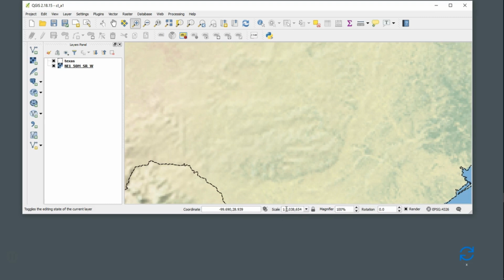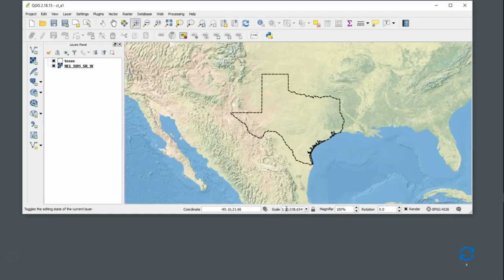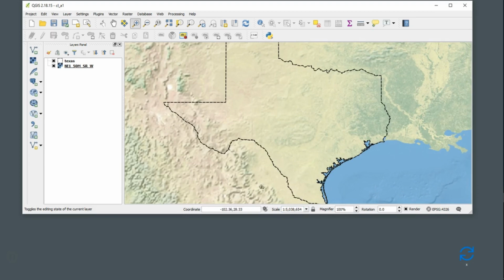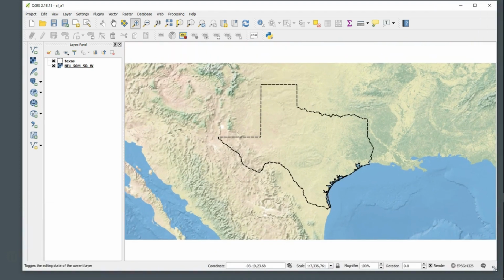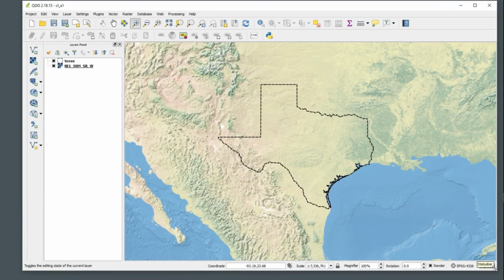So as a compromise, I suggest you make your maps for the states between, say, 10 million and 20 million is probably about right. You could bring it down even to maybe, let's try 5 and see what we get. 5 is probably a little too large scale. I might bring it to 8. 8 looks pretty good for Texas. So let's say in between 8 and 15 million is probably where you want to be in terms